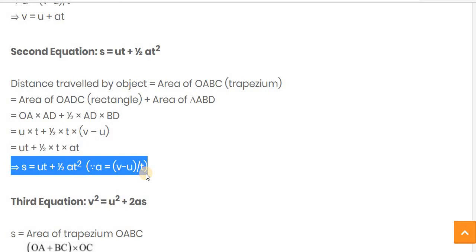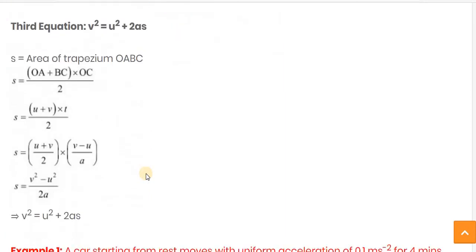Hope you all understand well. While being asked this kind of derivation, for each of the equations, along with the equation, you have to write down how you derive this. Along with that, you have to draw the graph from which you can derive this equation.